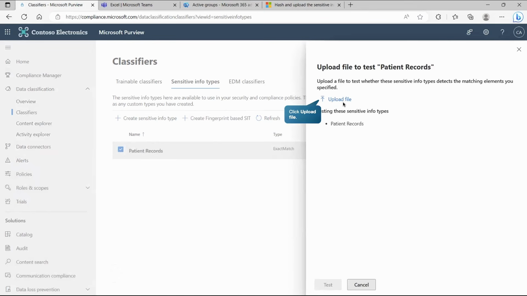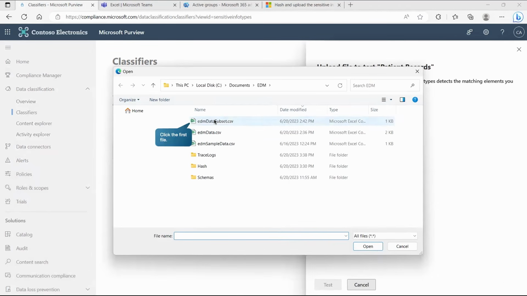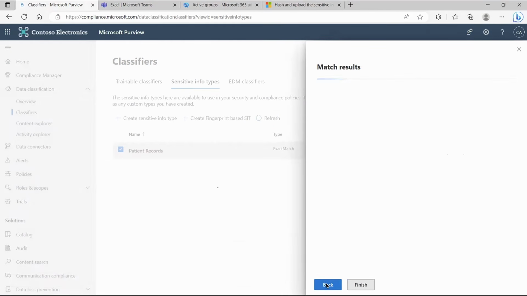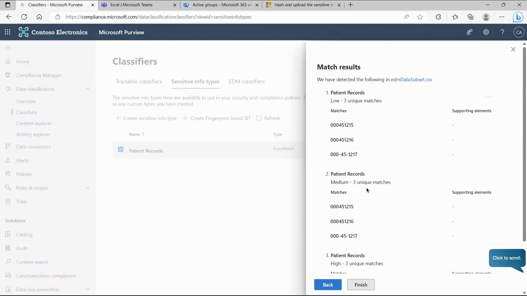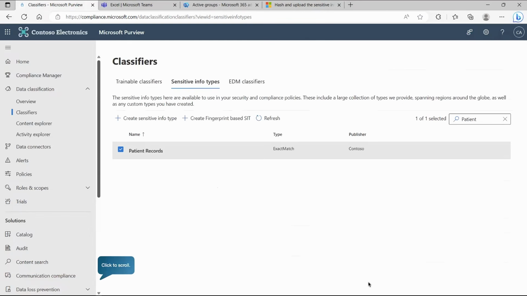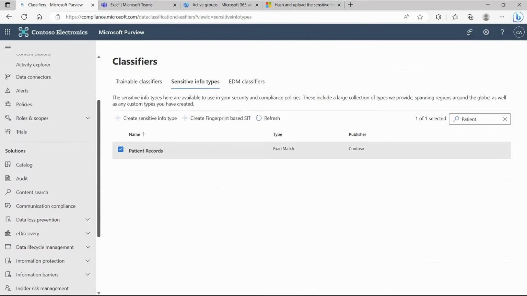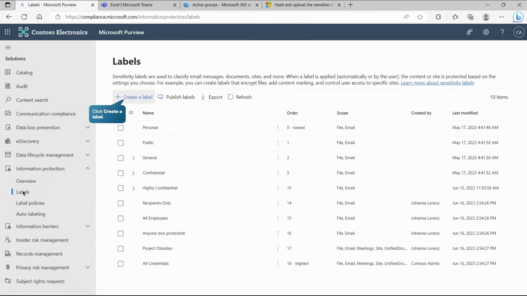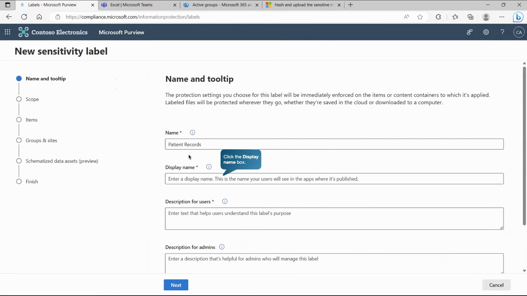So if I click on test, let's upload some file. There we have the data subset, and start testing it. Now as you can see, the match result is there. Now let's finish it. And now we are going to label it, so automatically it will start protecting. So I'll go to the labels. We will create a label. We'll give the name,